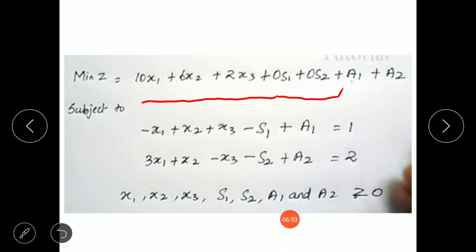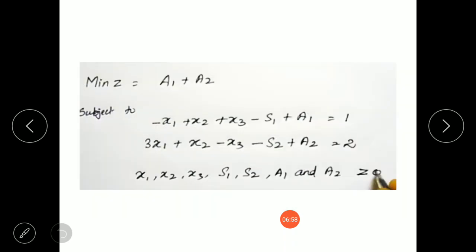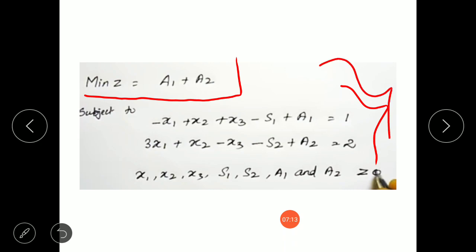So my revised objective function will only contain artificial variables. There is no change in the constraint equations; they remain the same. Now we have the whole revised problem, and we'll apply phase 1, that is, the initial simplex table, to solve this linear programming problem.